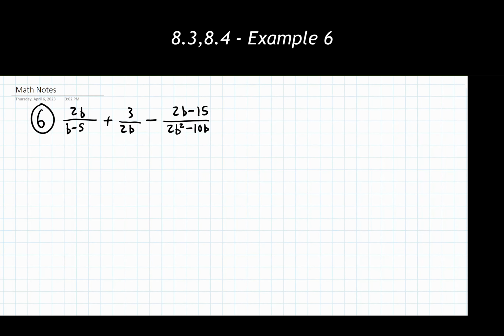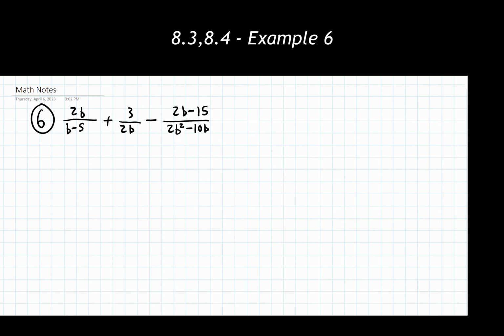So we're now looking at our final example here of adding and subtracting rational expressions. I have three things showing up here that I'm adding or subtracting together. Our process is going to be the same. We're just going to end up having to do more steps involved with it. Doesn't necessarily mean that our steps are going to be changing, just means we're doing more of them.